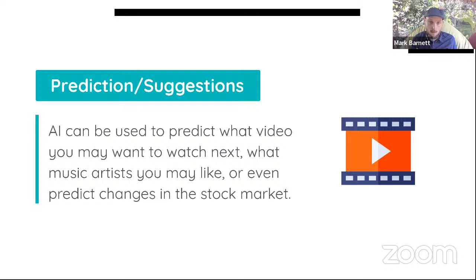Most popular social media applications use artificial intelligence to give you a suggestion about what you want to watch next or what you should look at next. Or if you're shopping online, if you're using Amazon, or if you're ordering books, usually there's some kind of AI predictive system that will give you a list of suggestions about what you should watch or what you should do next or what you should buy. So I think this is the one that's kind of the most prevalent.